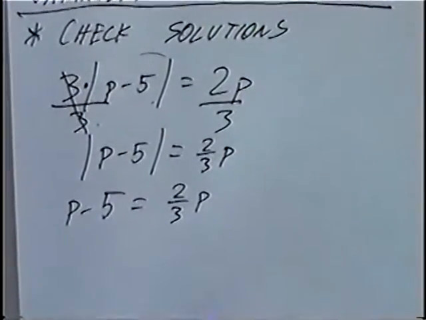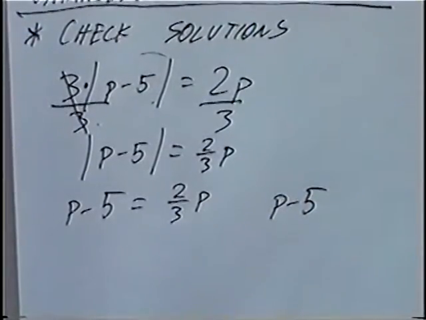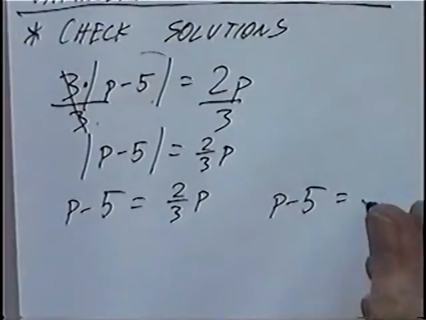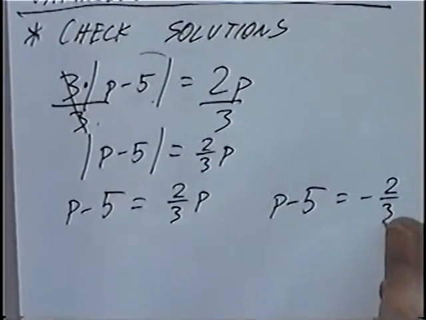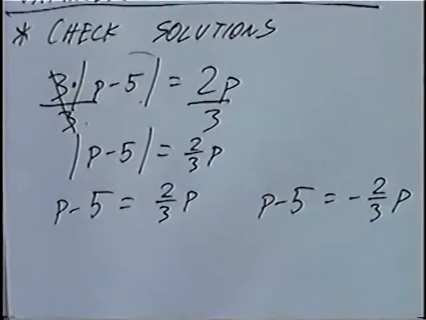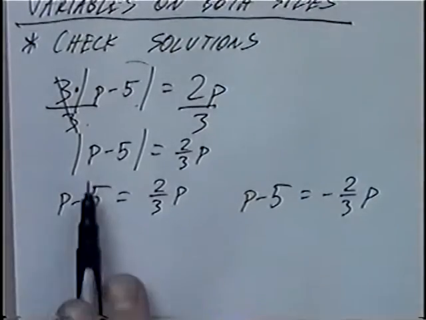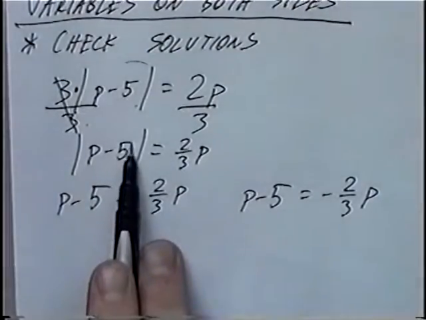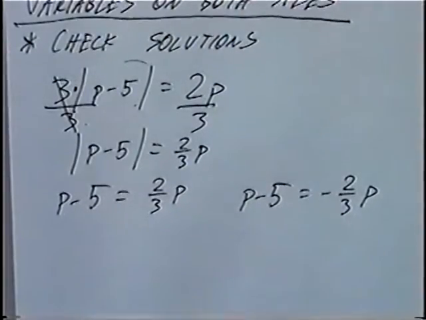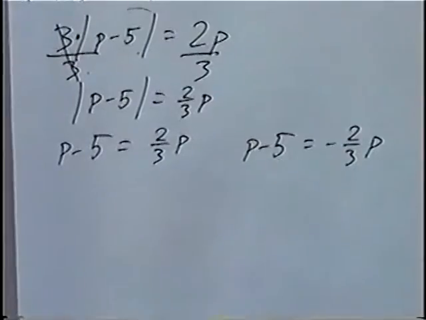The second equation we can solve, p minus 5 would stay the same. But instead of equals 2/3 p, we'll do the opposite, which is negative 2/3 p. We do the opposite because if the absolute value is equal to negative 2/3 p, then the absolute value answer would still be 2/3 p. Solving the original equation,